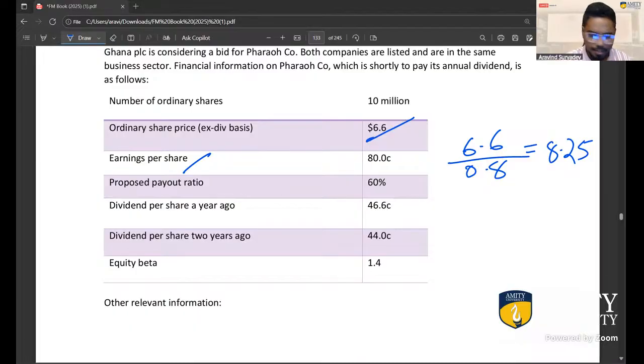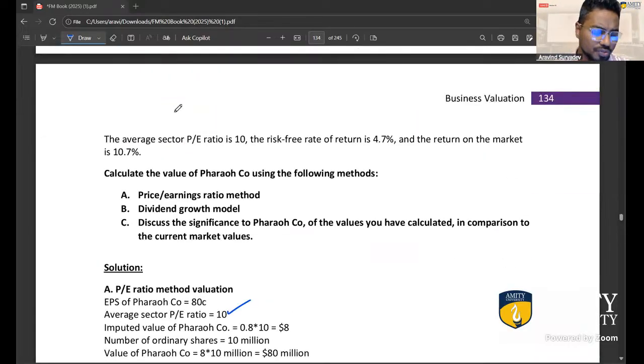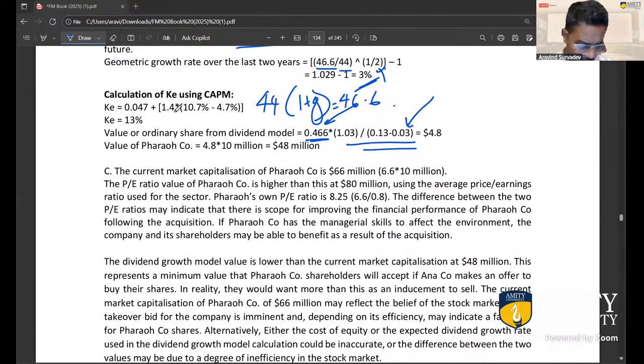Quite interesting. Then moving on from there, what else can we understand here? See, these are all points of negotiation. The ultimate price of the acquisition would be based on the ultimate negotiation. We can't say that these would be the prices, right? This just gives us ballpark figures, yeah, prices that can be negotiated upon, right? So check out this answer, guys. Let's see if we missed out any points.